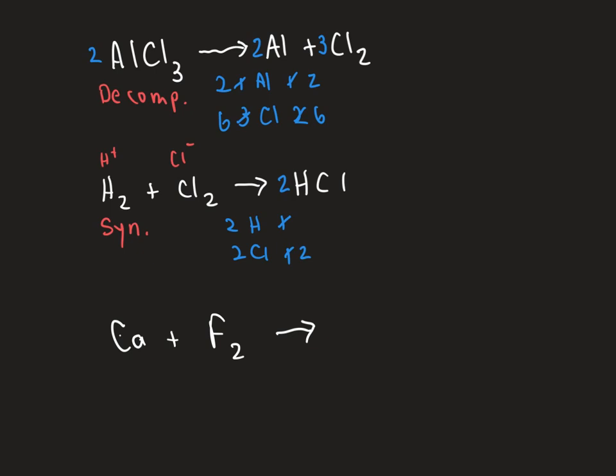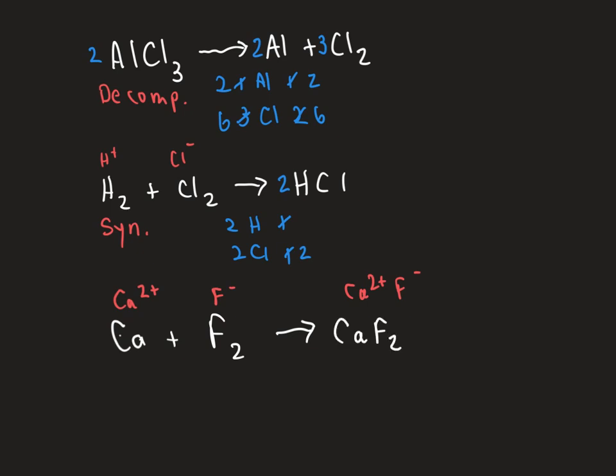Calcium is in the second column on our periodic table. Everything in the second column loses 2 valence electrons and becomes +2. Fluorine is in the seventh column on our periodic table. Everything in the 7th column gains 1 valence electron and becomes -1. So when we write our formula for our compound, we need to make a compound that's made up of calcium ion and fluorine ion. And since calcium is +2 and fluorine is -1, I need 2 fluorines to cancel out my calcium. So it's going to be